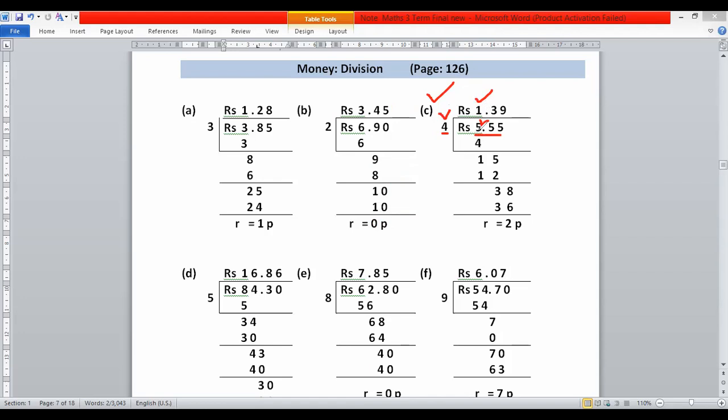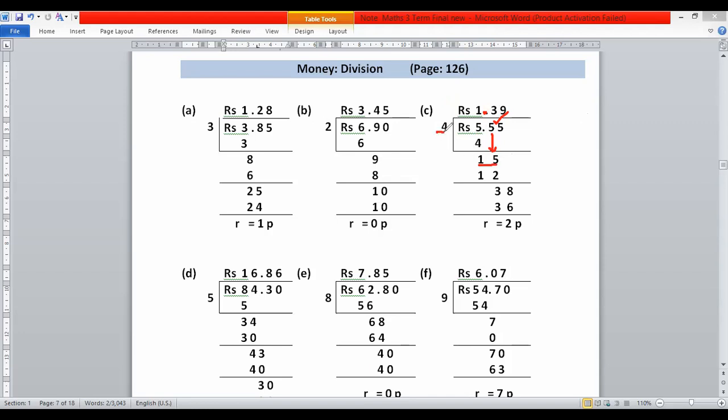8 is bigger than 5. We cannot subtract 8 from 5. Therefore, we multiply 4 by 1, we get 4. So 5 minus 4, answer is 1. After that, put point here and then shift 5. Whenever you shift the number after decimal point, put the point here in the place of quotient and then divide